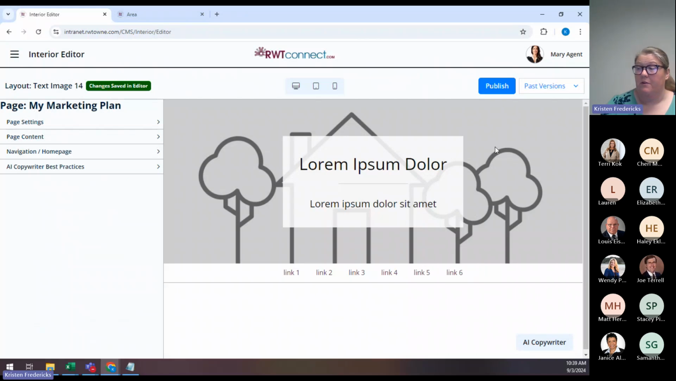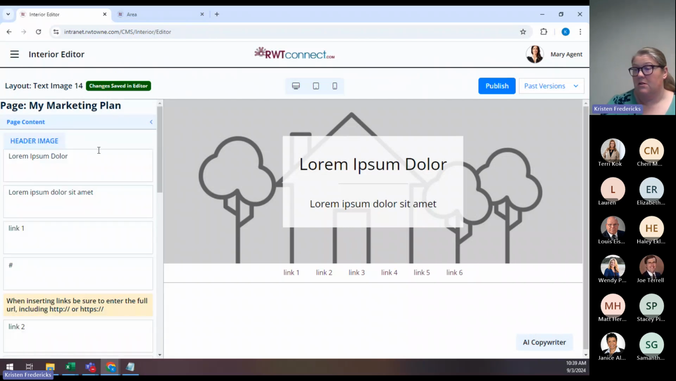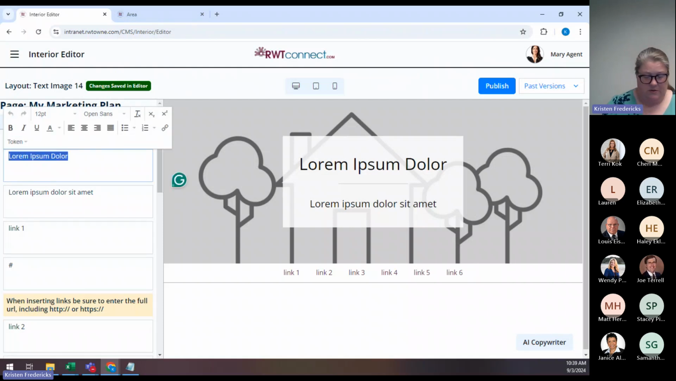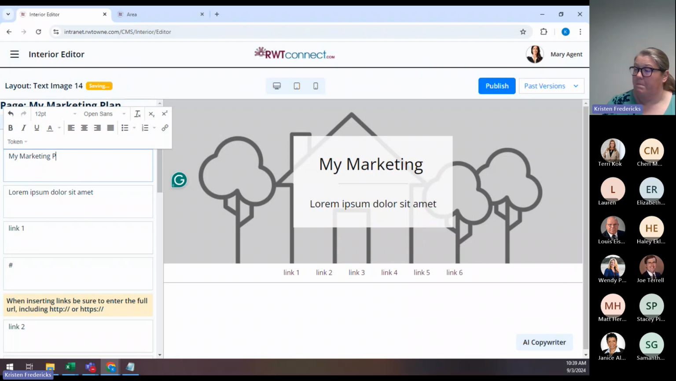And again, preview is over here on the right. What I can do is over here on the left. I'm just going to talk through this really fast so that you guys can see what this looks like. So again, here's the blank boxes here. So it's going to give it to us right in order. So we can do something like My Marketing Plan